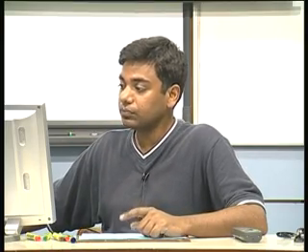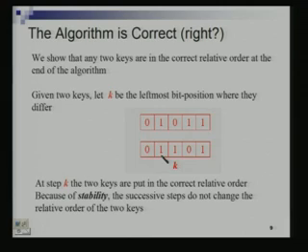Because of stability. Now, when I am looking at the k plus 1th step, these are the same. So, because it is a stable sort, this key which is appearing before this would continue to appear before this, and similarly at the next step and so on and on. So, beyond the kth step the relative order would not change anymore. At the kth step you would get the right order between these 2 keys, the smaller key will appear before the larger key, and at subsequent steps this relative order would be preserved. The smaller key would continue to appear before the larger key.